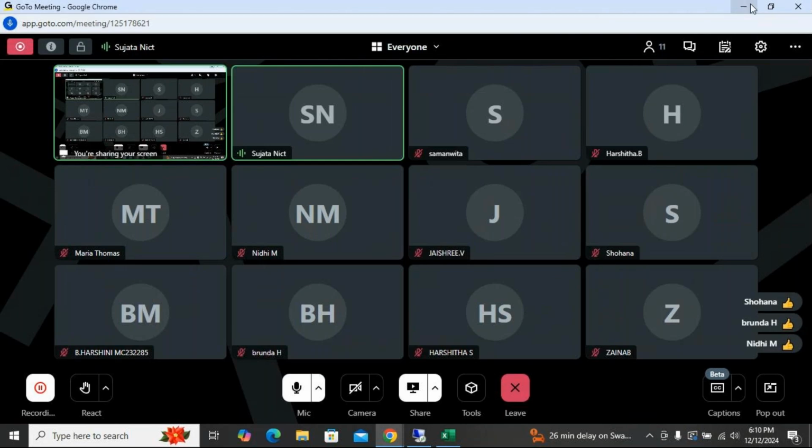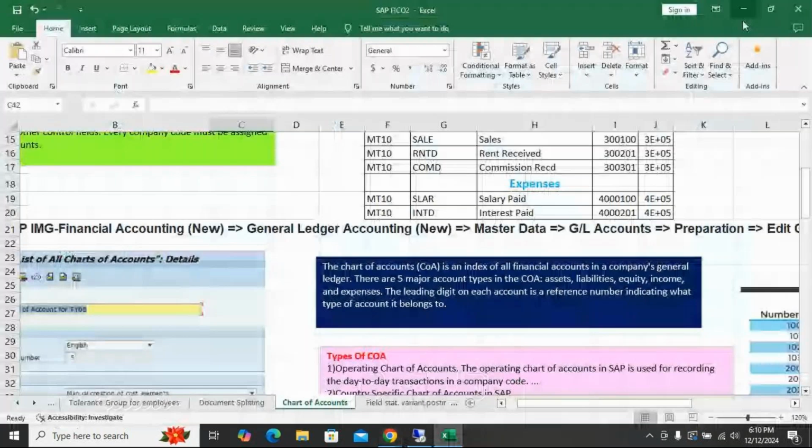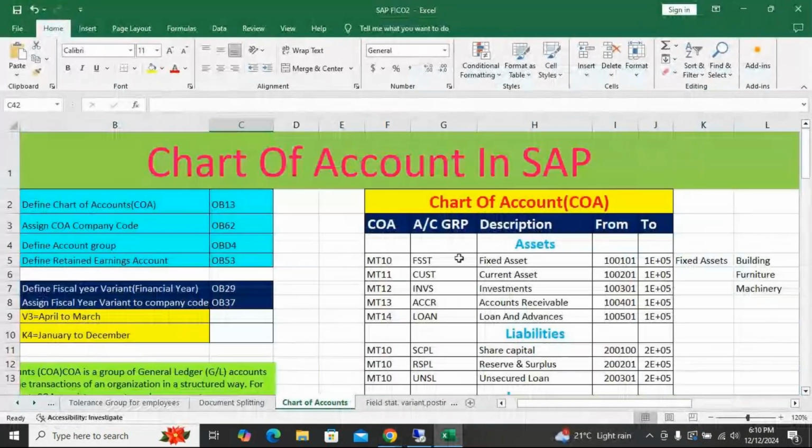Okay, so according to that, these come under groups. So what are the groups? As one student wrote, assets, liability, income, and expenses are the major groups. So here we have fixed assets, current assets, investment, accounts receivable, loans and advances. Loans and advances come under which group, students? Basically, suppose it's a bank loan, personal loan, any type of gold loan, vehicle loan, all these things will come under which group, which category? Assets, assets. Loan will be asset now.